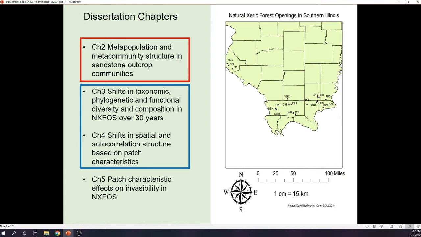But this project required sites that were closer together in order to realistically consider that they were potentially sharing individuals between them in a patch-like network. While some of the sites in the general network are quite close, altogether they were far too distant from each other to be considered metapopulations or metacommunities. So I decided to focus my efforts on an area in northwestern Pope County in extreme southern Illinois to look at these metapopulation and metacommunity structures.